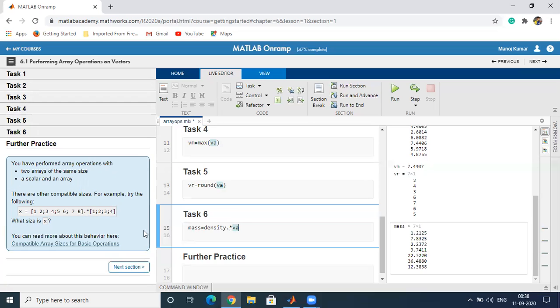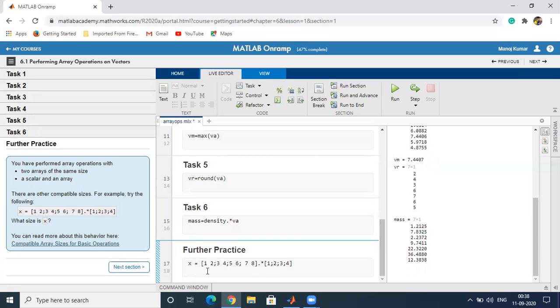Let's do copy paste here, control V. X is a matrix which contains 4 rows. The first row is 1 2, second row is 3 4, third row is 5 6, fourth row is 7 8. So it is a 4 by 2 matrix, and we are multiplying it